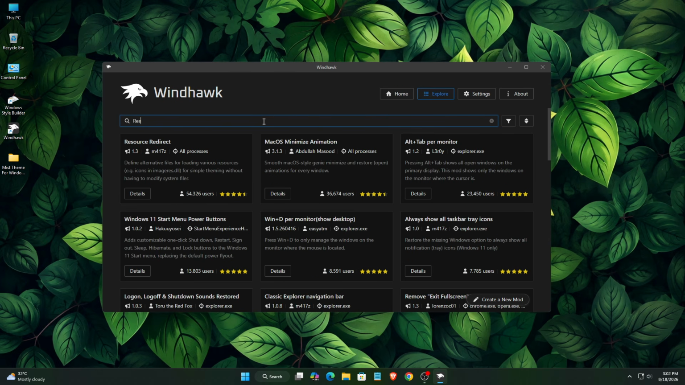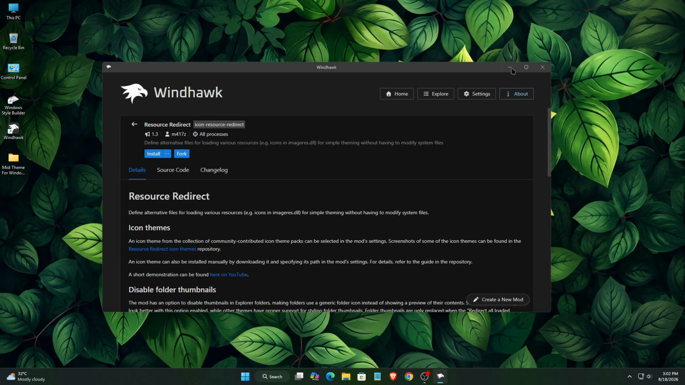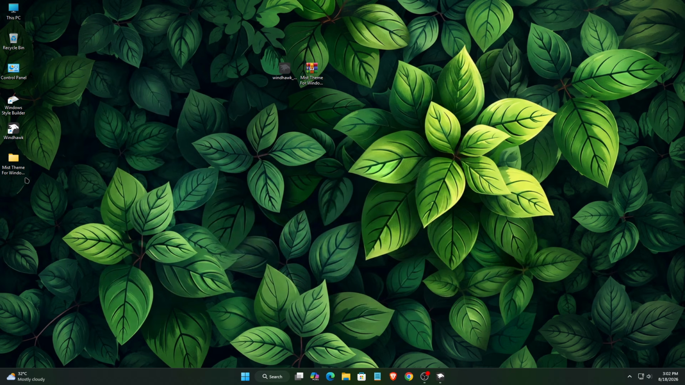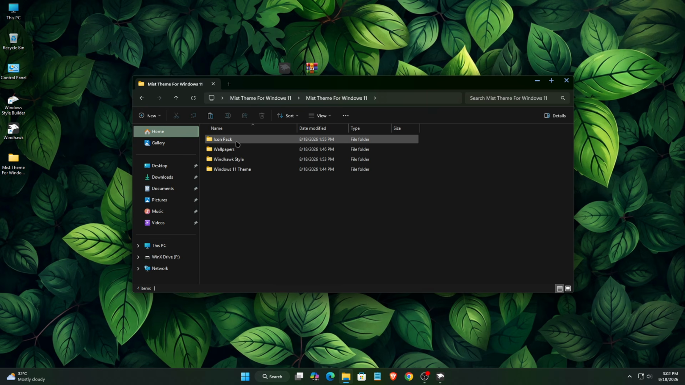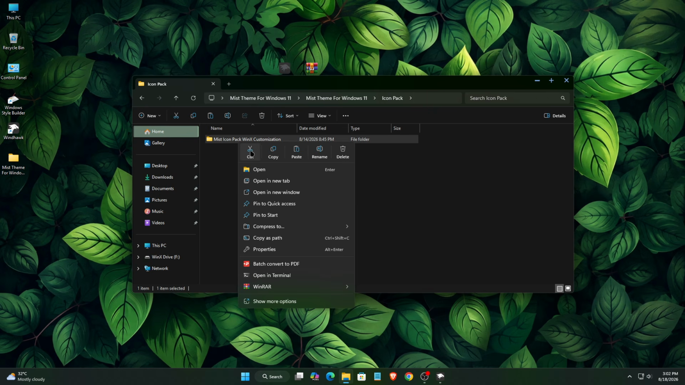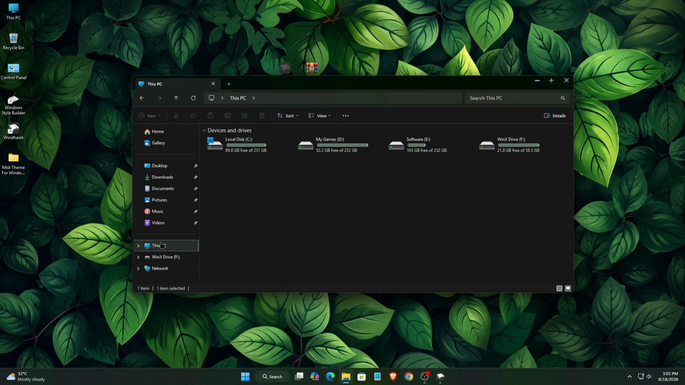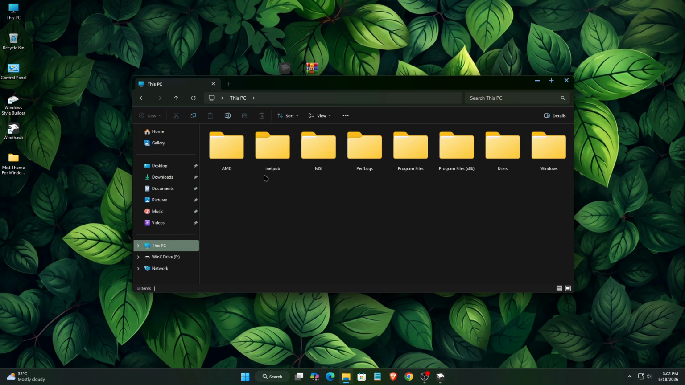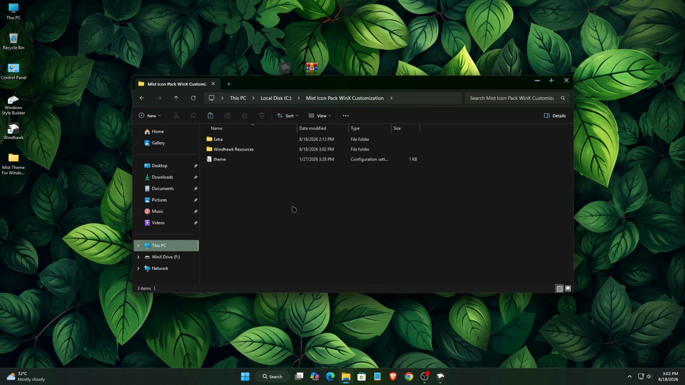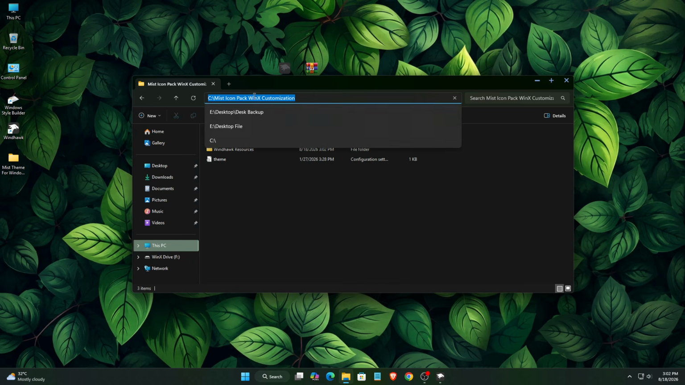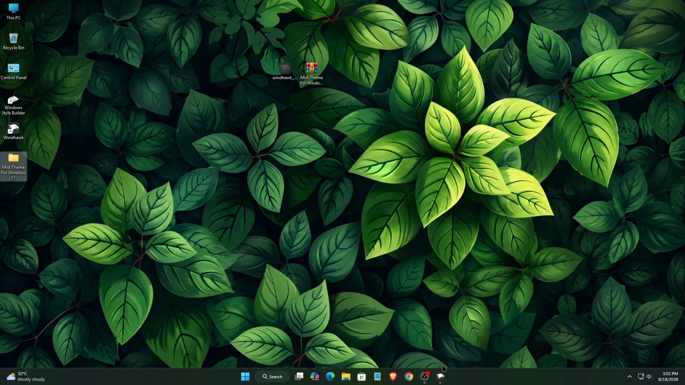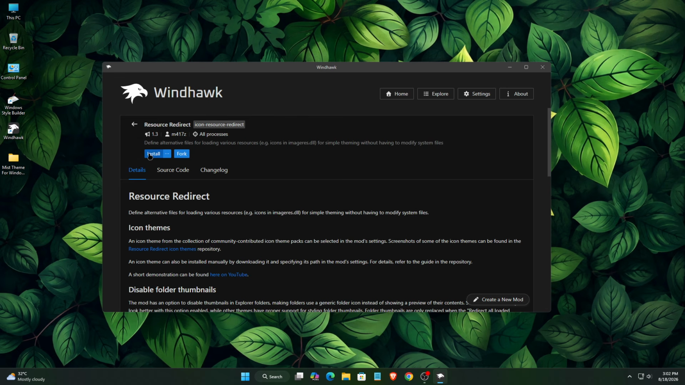Charts resources redirect. Details. Go to the theme folder, icon folder, then copy this icon pack. Go to this PC, C drive and paste it here. Double click on it and copy the address. Go to Windhawk, install it,